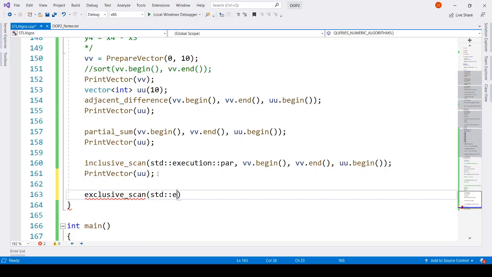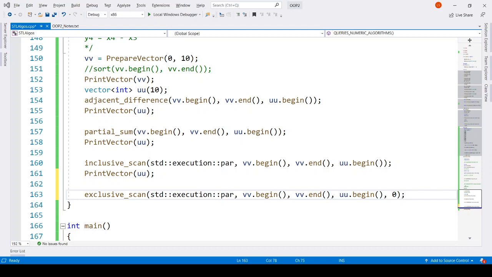It obviously can take the policy, and then, sorry, execution, vv.begin, vv.end, uu.begin, and then it takes an initial value.